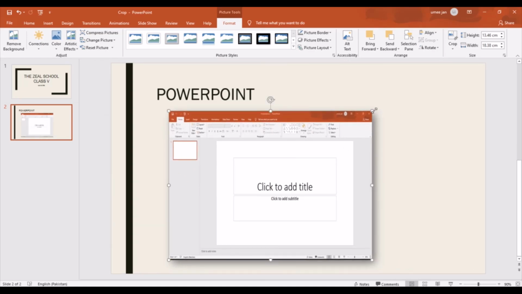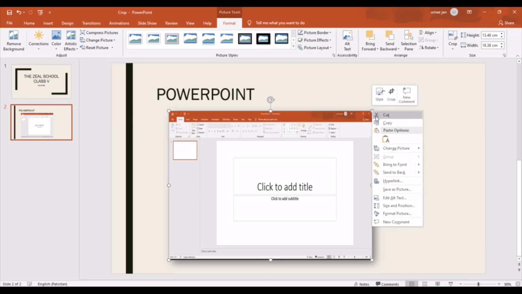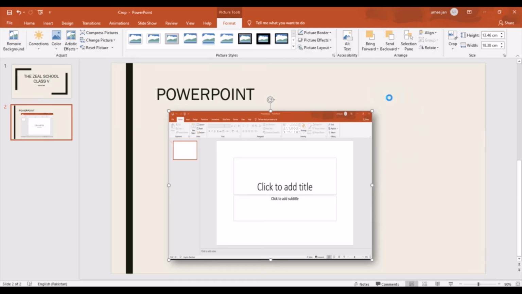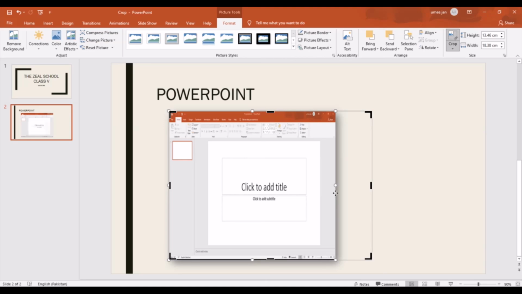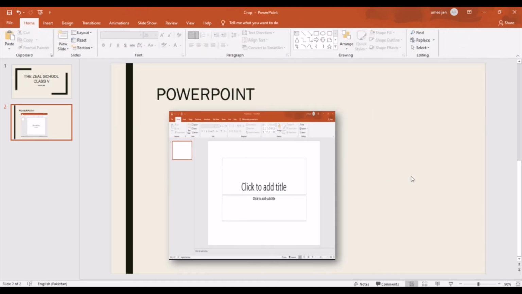And we can crop the picture by right-clicking and then pressing the crop option, and we can crop the picture like this. Okay, so this is the way to insert a picture on a slide.